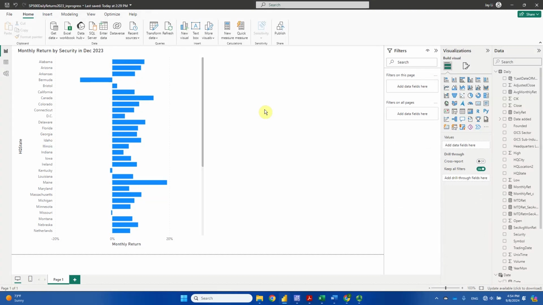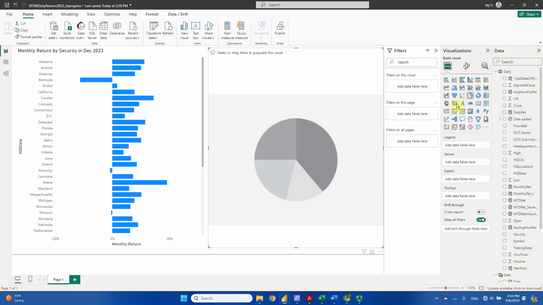And then, as I said, I want a pie chart. So I'll go to this visualizations, build view. I will find this pie chart here, and I click on it. Now this scratch pie chart is shown here. So then to have the pie chart showing the number of firms in a state, I would need to tell